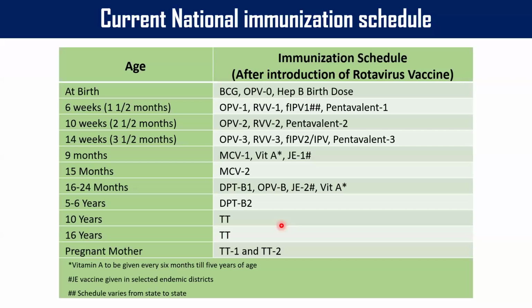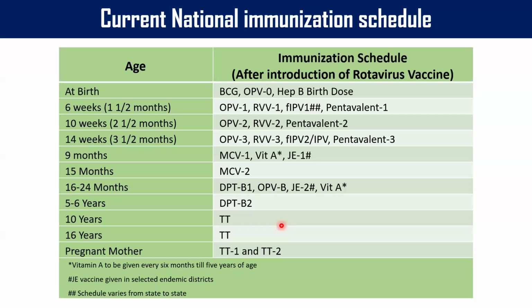So we all know there is a national immunization schedule. It's a very important tool in preventing many life-threatening diseases, not only in immunocompetent children, even in HIV also. At birth, you need to give BCG, OPV, and hepatitis B. At 6 weeks, you have to give OPV. Rotavirus is available now, IPV and pentavalent. Now even pneumococcal vaccine is available in many states. At 10 weeks and 14 weeks, second and third doses. At 9 months, you have to give measles vaccine.